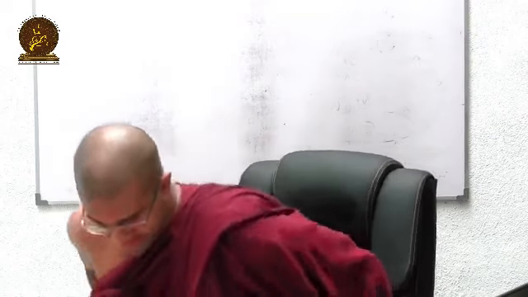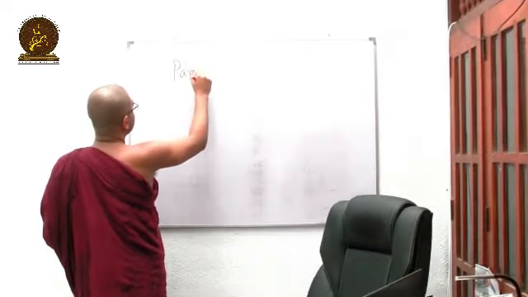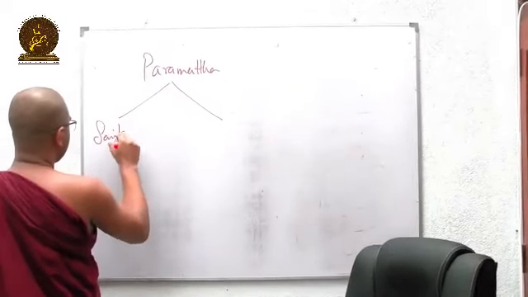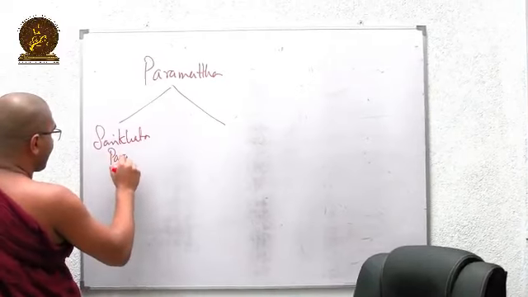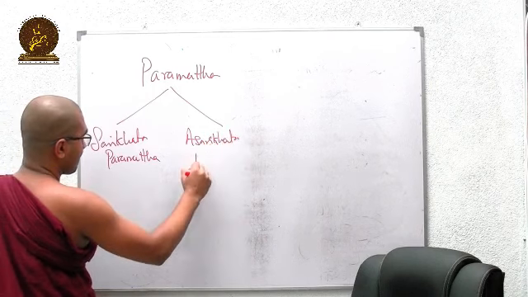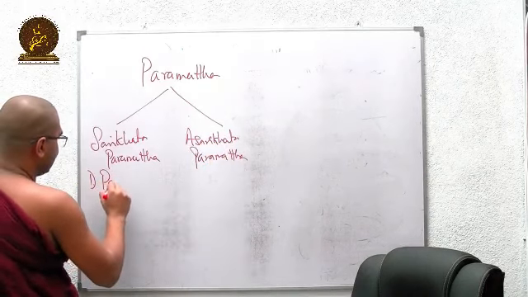Today we will be discussing Gati, something related to the spheres or the existence within samsara. Before we go into the lecture, as usual, we will draw the diagram which indicates where our lesson is located. It's a smaller board, but anyway, we have Paramattha, which was divided into two, Sankata and Asankata. Then in Sankata we had four categorizations, Paramatta Dhammas,